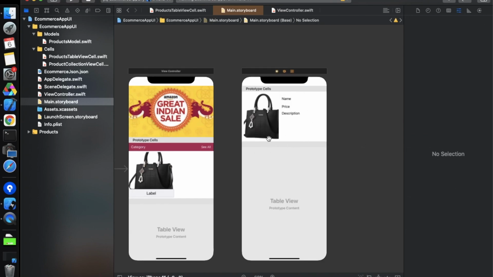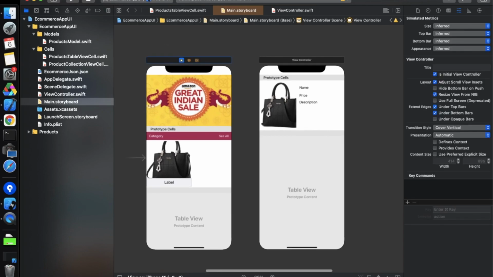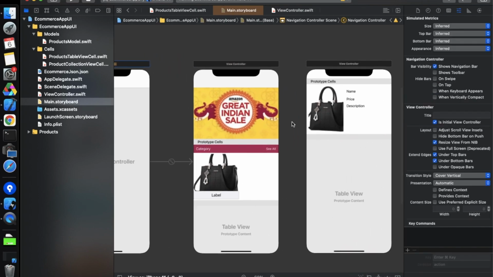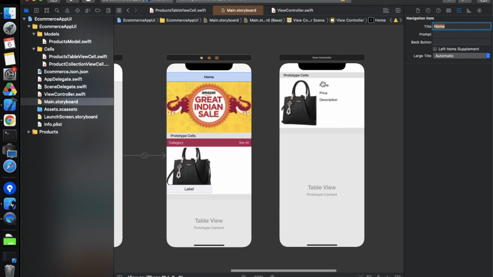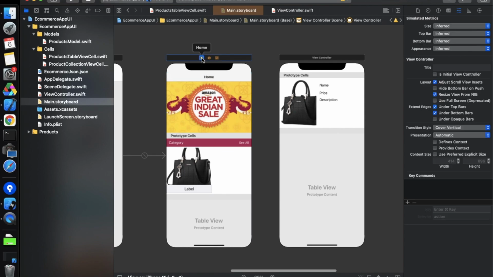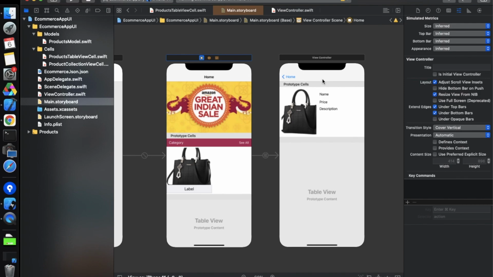But one more thing, we have to use a navigation controller. Whenever we click on this cell, or whenever we click on this see all button, it should navigate me to this view controller. So for that we have to take a navigation controller. Just click on this view controller and add a navigation controller from here, something like this, and this will add a navigation bar on top of this. So we can give a title over here. It should be like home. And to get a navigation bar on this view controller as well, we simply push things over here, simply like show, and it will also add a navigation bar over here.